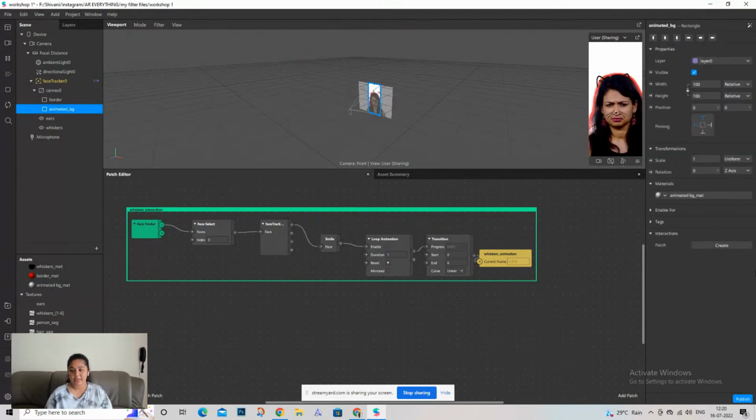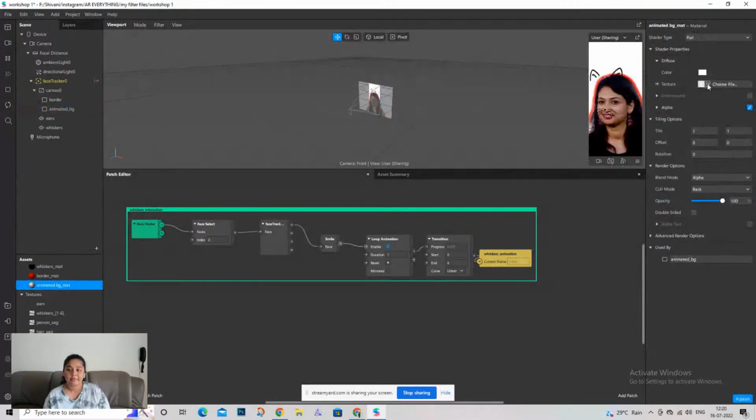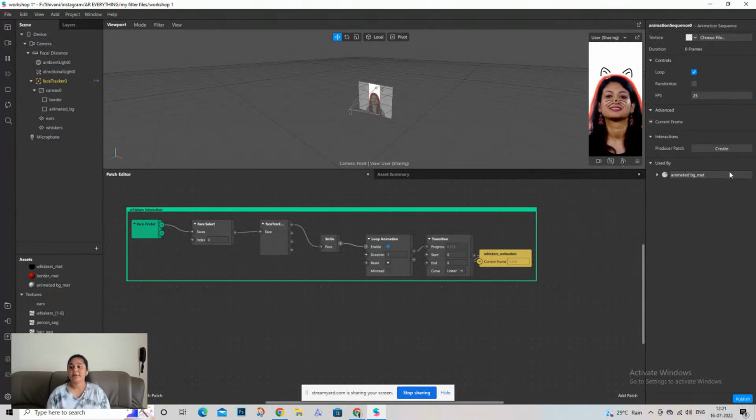So now what I'm going to do is I'm going to go to the animated background material, and we will again need to have image sequences over here because we want the background to be animated. So let's click over here and we'll get the option of new animation sequence. So I'm just going to click on that. We come to our animation sequence. Let's name it background,